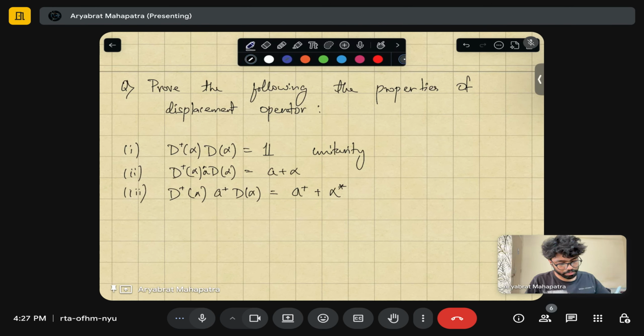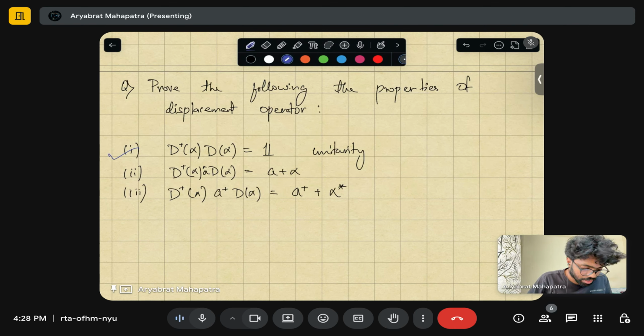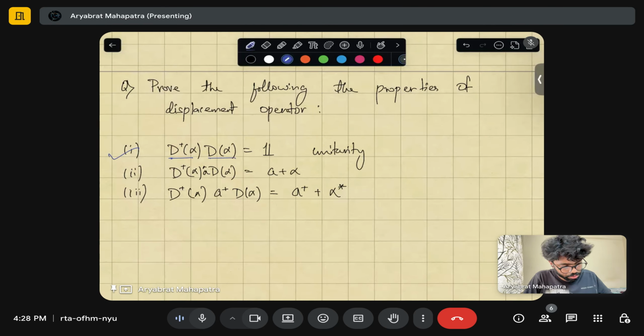In the first case we have to show that if you take the transpose conjugate of the displacement operator and multiply it with the displacement operator, basically when you do D dagger D, so with the operator,